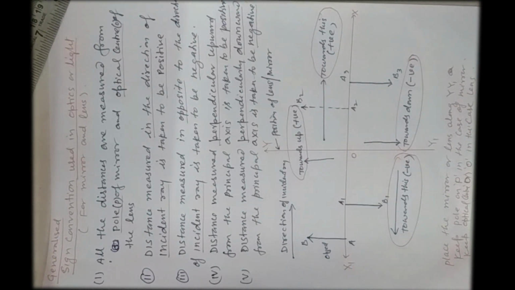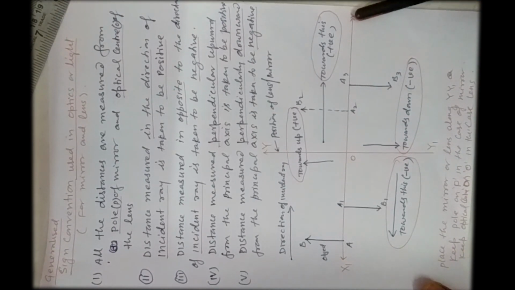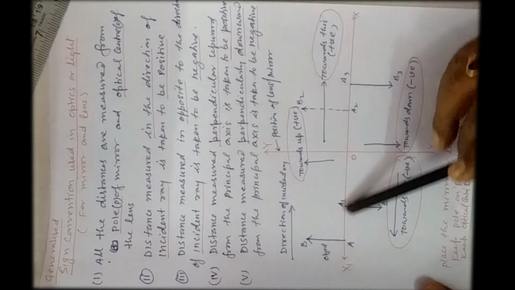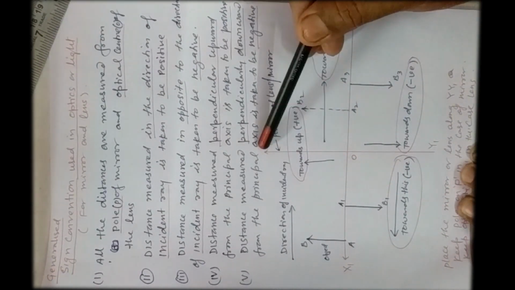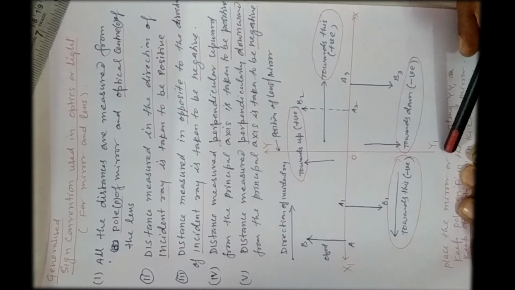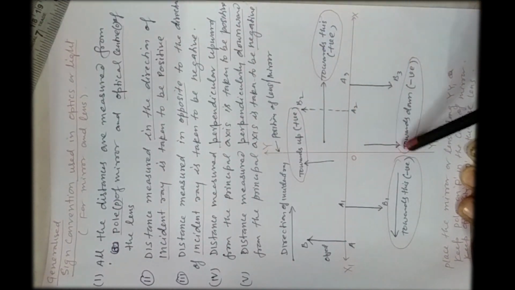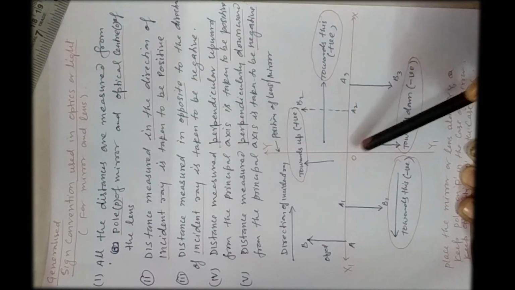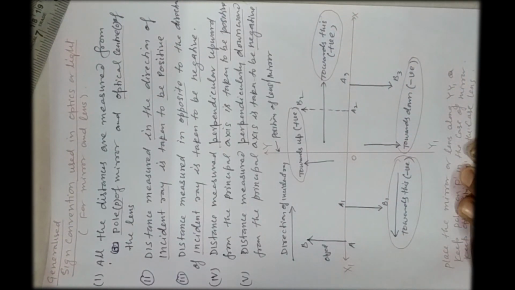As in the coordinate system in mathematics, on the positive x-axis you take all things positive, and along the negative x-axis all things negative. Along the upward direction on the y-axis it will be positive, and along the downward direction on the y-axis it will be negative. So I have written here: towards this it is positive, towards upward positive, towards downward negative, and from y1 in this direction it will be negative.